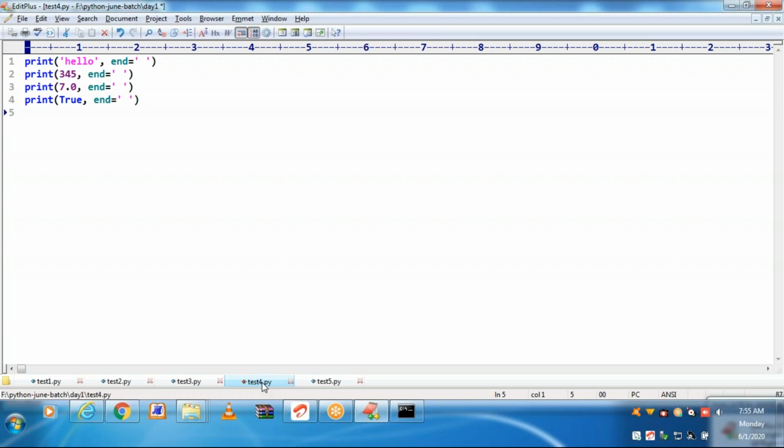In case of Java, first you need to start a class definition. It is not an executable statement. Inside a class definition, you have to keep the main method definition. That is also not an executable statement. In the main method body, whatever statements you are keeping, those are executable statements.